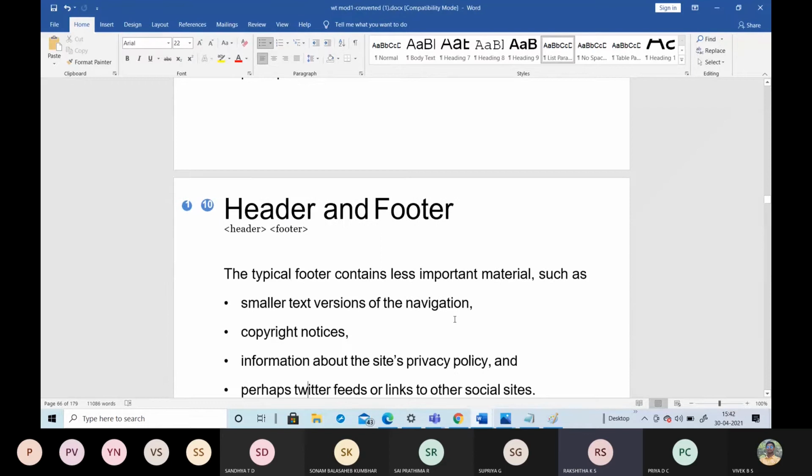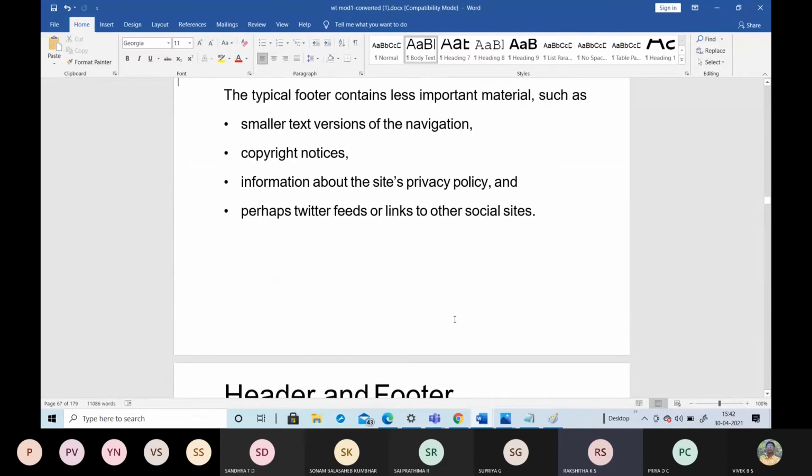And the footer contains the less important material. When you open a web page, most users look at the top, the heading, so whatever is present there easily goes to the mind.